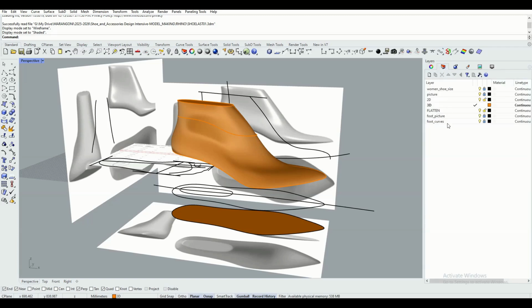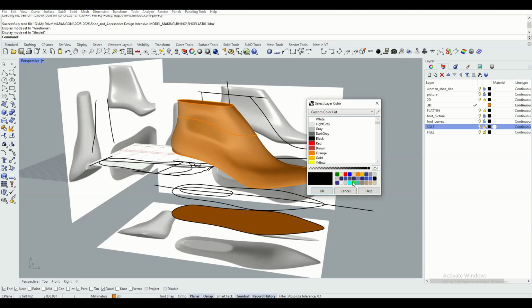Let's go to the layer, add new layer, we call it sole. A new layer again, we call it heel. We can change the color of the sole layer.